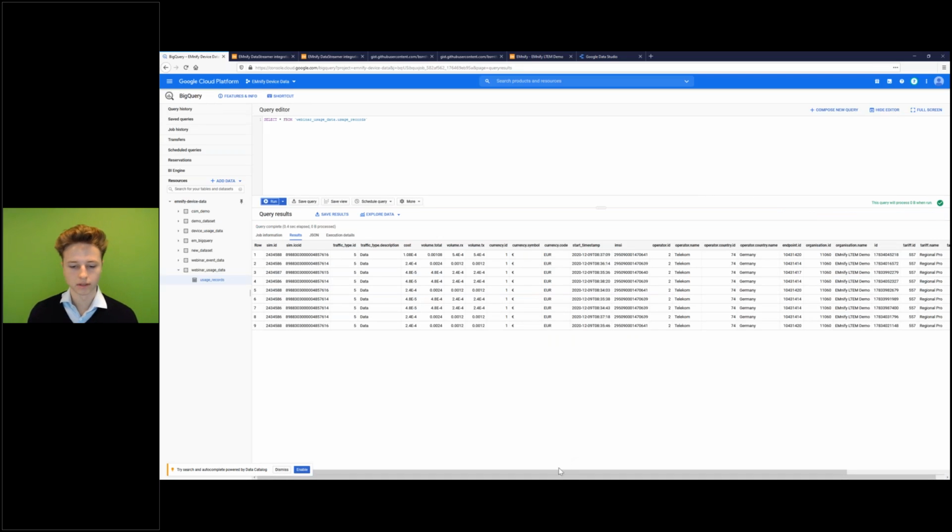okay, great. We see that the data is in the table for usage records, showing the SIM ID, SIM ICC ID, what kind of traffic it is, traffic type, and the volume for the specific SIM ID in total, or just data volume and SMS volume, what operator we're using. And yeah, looks good. We can try the same for event data if the data flow job has already been successfully created or finished with initializing.